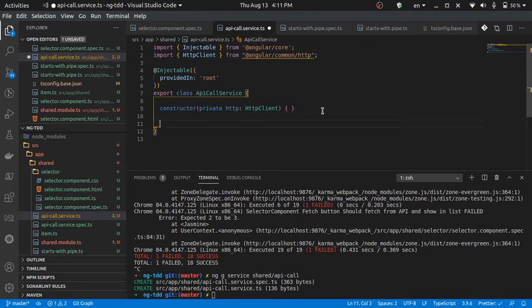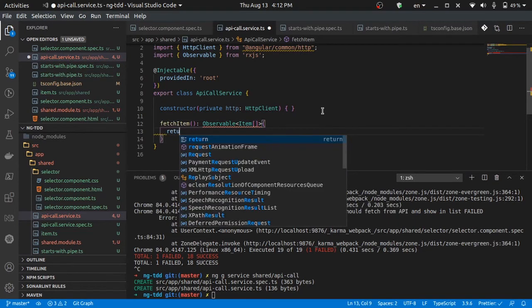Now I'm not using the TDD here because I think the service requires its own video for TDD. So for the moment I'm skipping the TDD for service, and I'm assuming that our service is not yet developed. We are just focusing on the component as of now. So I'm expecting that I'll have fetch item, and this will return observable of item, and this return